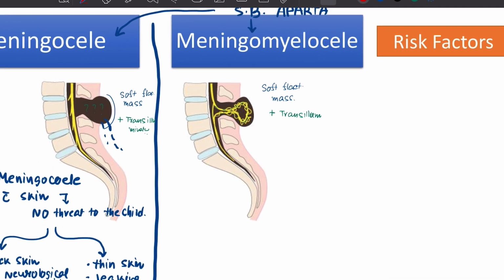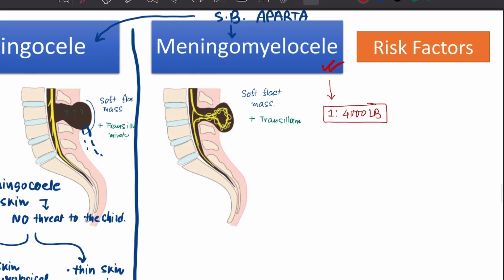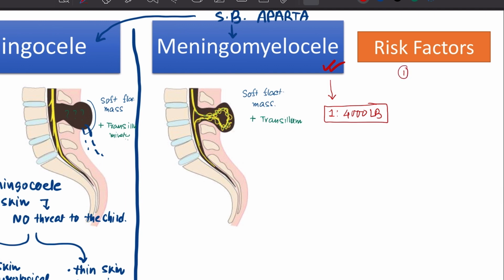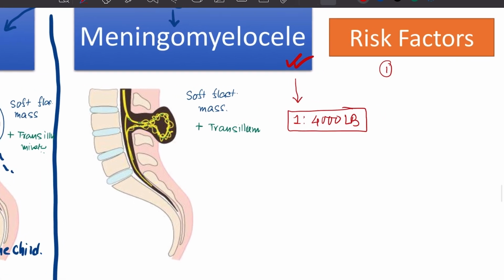So now let's discuss meningomyelocele. The incidence of meningomyelocele is 1 per 4,000 live births. And of course, the high risk factors involved are what we already discussed earlier, that is folate deficiency and some genetic causes